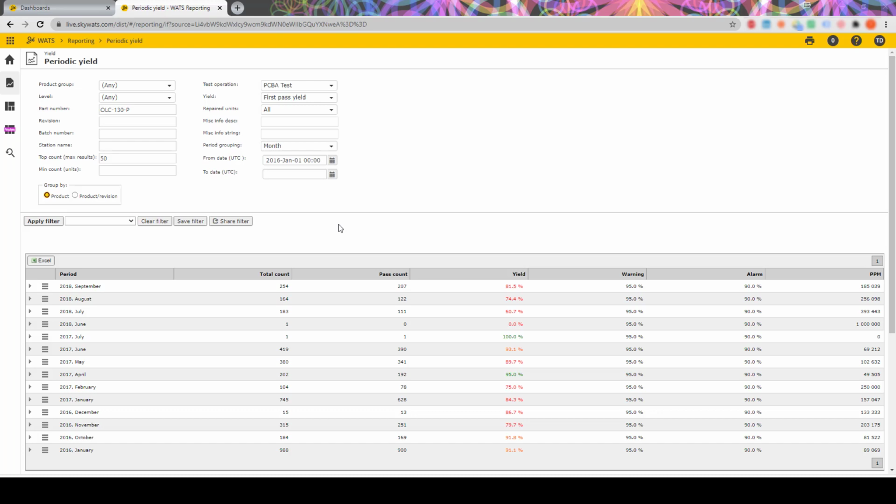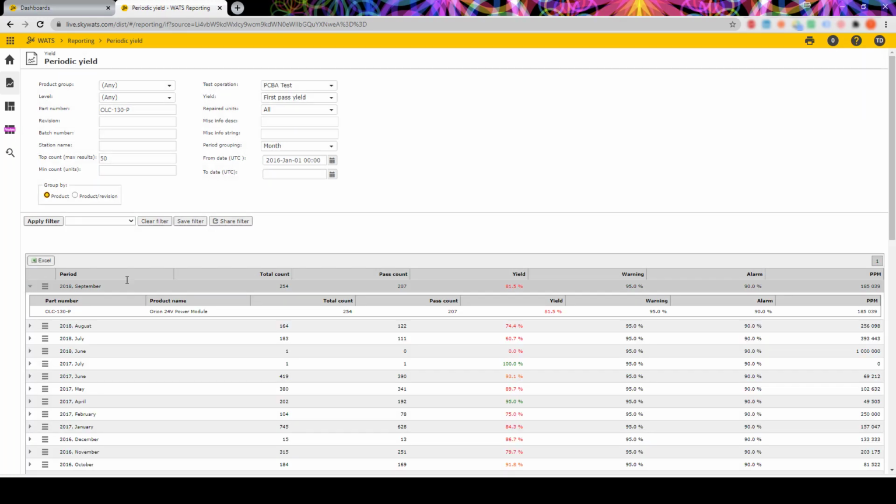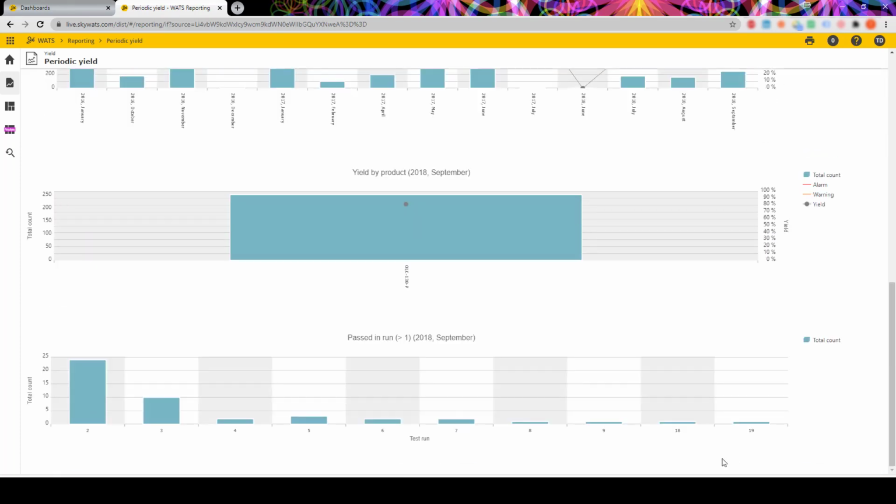So in this periodic yield report in WATS, if you expand the different periods that you have, you will have a chart all the way down that will show you, for all the units that have tested good but did not pass on the first test attempt, when did they go through? So in this example, you have 24 units that were tested twice before they passed, 10 units tested 3 times. But you also have over here a product being tested 18, 19 times before passing, and that is more problematic. It could be explainable in some cases,